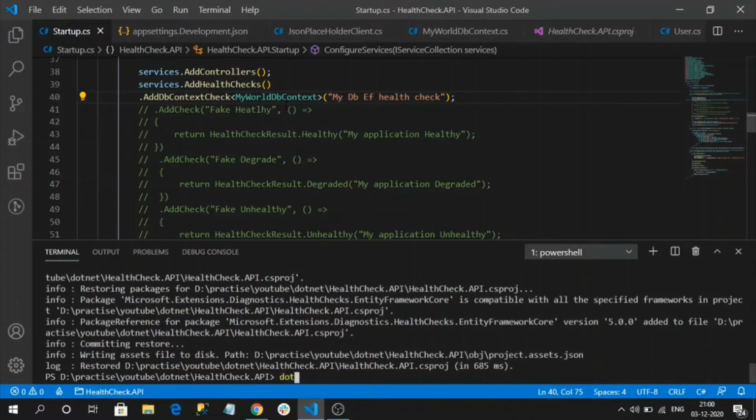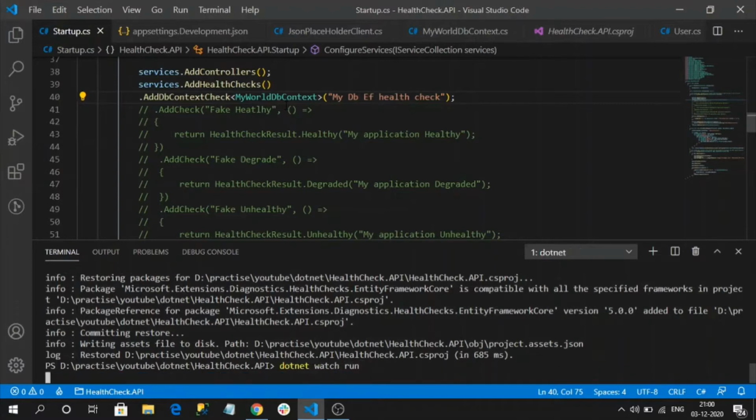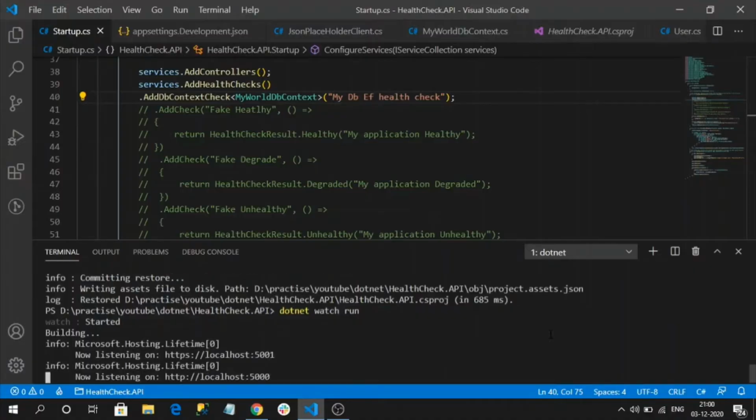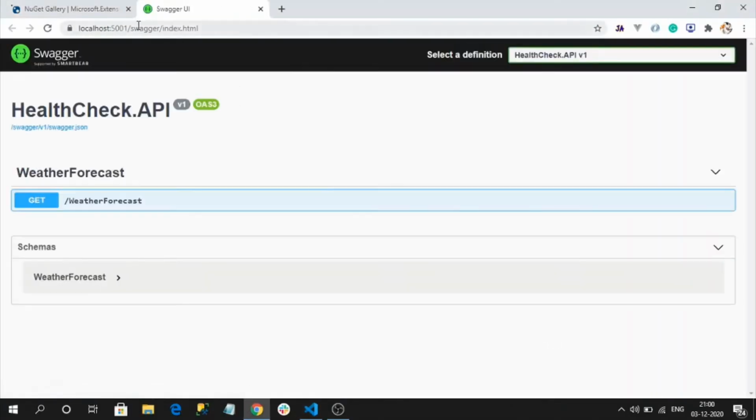Let's run our application to view the health check response. Let's navigate to the health check endpoint.